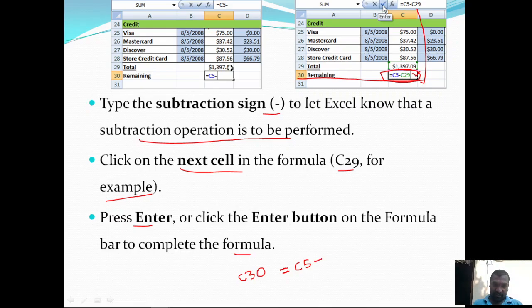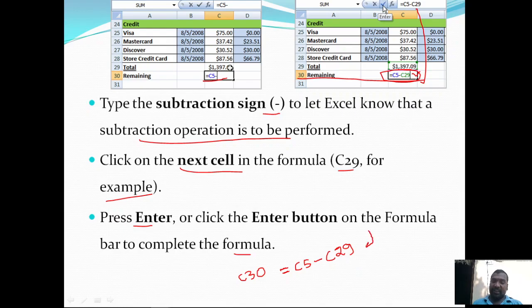So this is step 1. After pressing the equal sign, press C5 and minus. Then choose the second cell that needs to be included in the subtraction operation. So C29. C29 is the second cell.